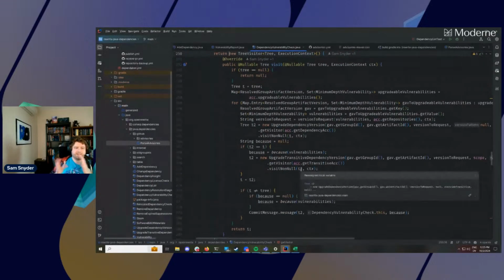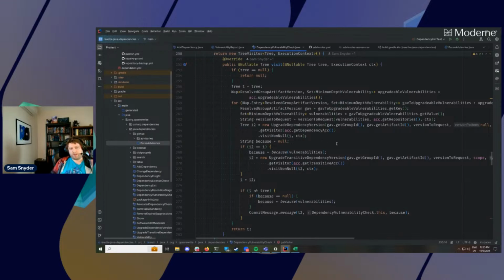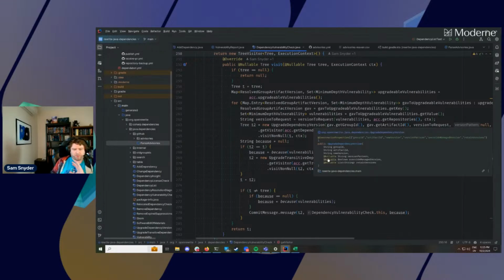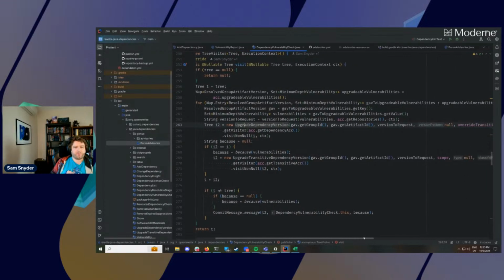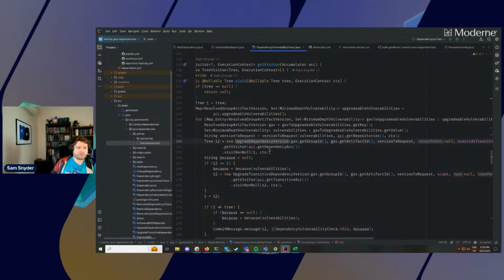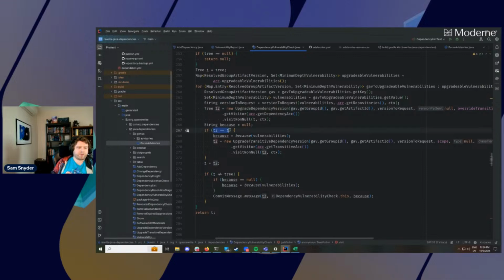And then when it's time to actually make code changes, we go down into get visitor, which, just like get scanner, needs to apply to source files of multiple different types. So it overrides tree visitor. And then it goes through all of the potentially upgradable vulnerabilities we found, and it calls upgrade dependency version on them. And upgrade dependency version only deals with direct dependencies which are declared explicitly within a build file. And we use this trick of checking referential equality to see if it made any changes.